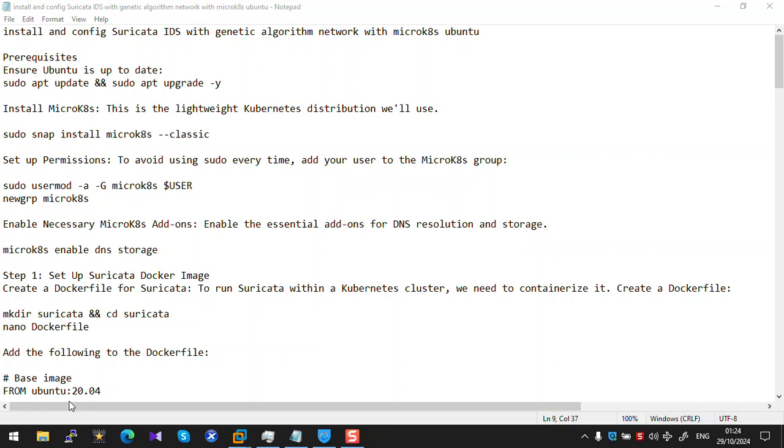Hello friends, in this tutorial we learn how to install and configure Suricata IDS with genetic algorithm network with microk8s Ubuntu. Prerequisites: ensure Ubuntu is up to date. With this command, update and upgrade Ubuntu, and install microk8s with snap install microk8s, and set up permissions with sudo